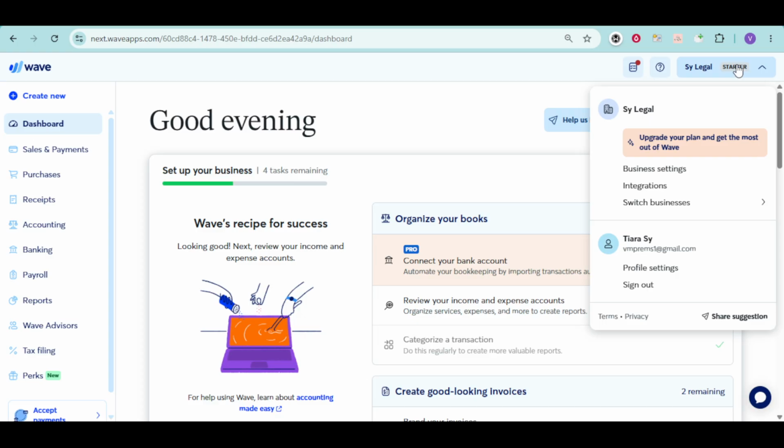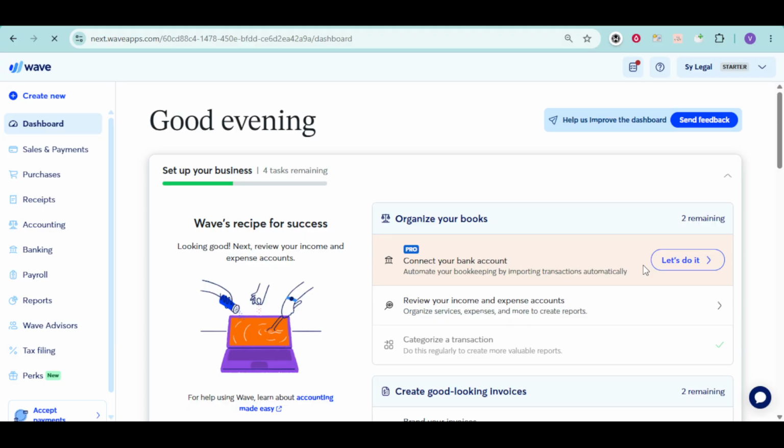Now, within this drop-down menu, you'll want to look for the section labeled either Managing Fields or Profile Settings. Sometimes, depending on the version or updates, it might also show as your email address or your name right at the top of the menu. Clicking here will bring you to your personal user profile page. This is where you'll find all the settings related to your account, and it's where we can proceed to close